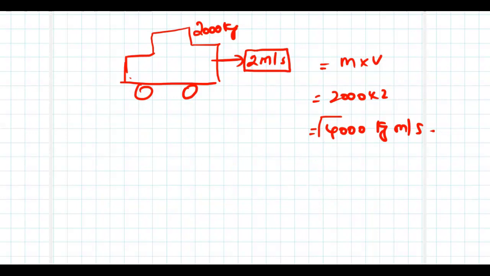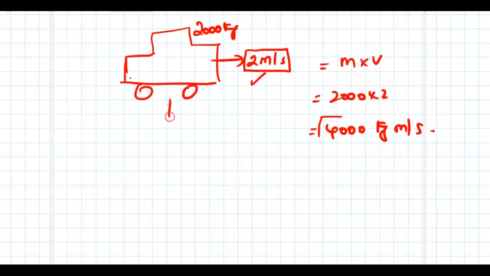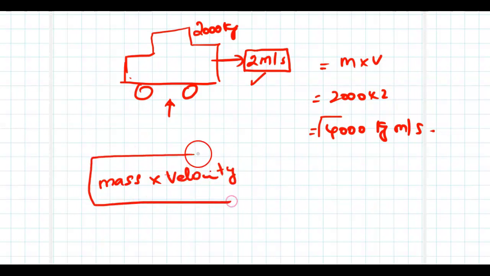What is the reason? Why, though the speed is the same, are there two different momentums? It is because the mass of an object affects the momentum. So always you think about the mass and the velocity. Both factors will affect the momentum. This is the reason